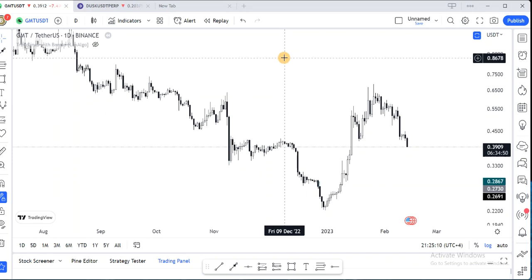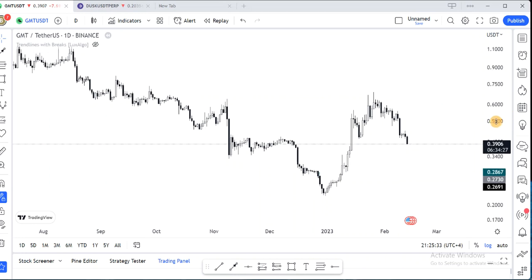So what are the two things I'm going to talk about in this video? I'm going to talk about support and resistance, and breakout regions, so how to trade breakout regions. I've been trading breakout regions and it's been working for me so well, and that's what I'm going to teach you in this video. These are key things you need in technical analysis, and once you understand them, the sky will be your limit.